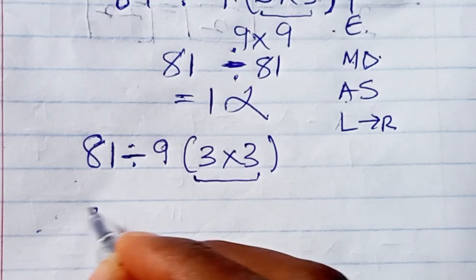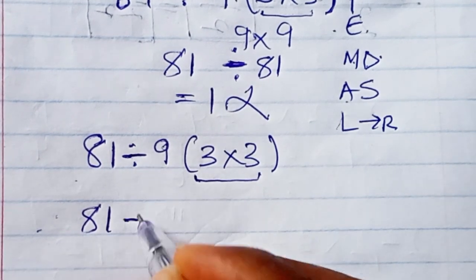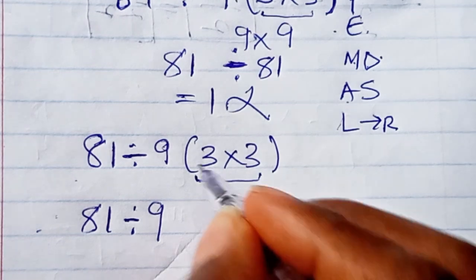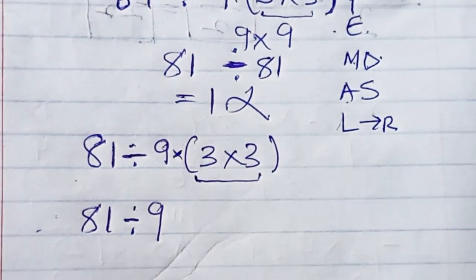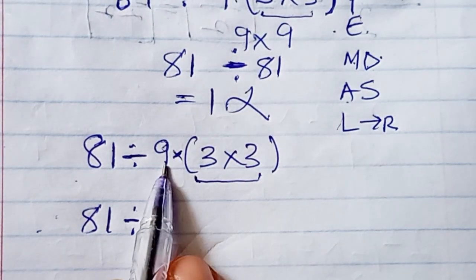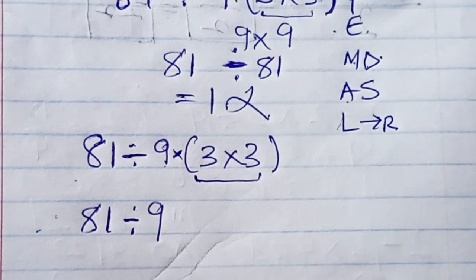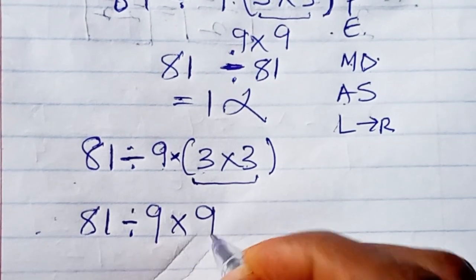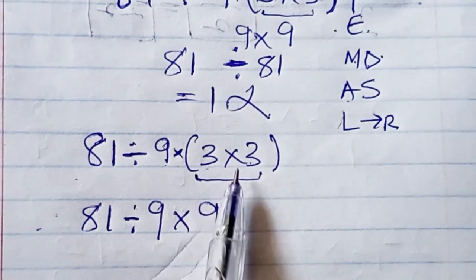So we have 81 divided by 9, 3 times 3 will give us 9. Remember, there is an invisible multiplication sign here, because if a number is close to parentheses, we have to multiply. So we'll put our multiplication. 3 times 3 will give us 9. Now, we have done our